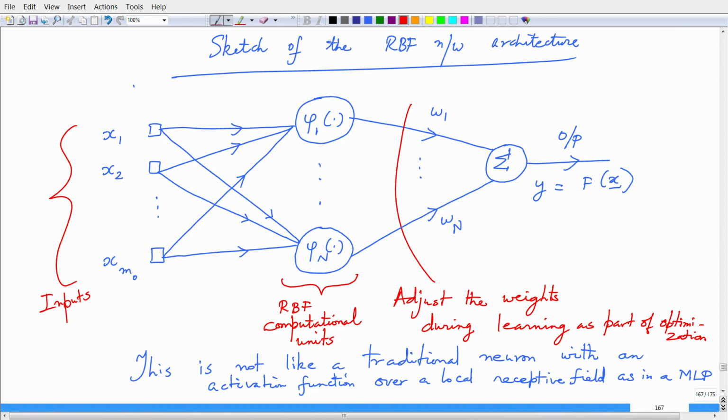So, this is a basic sketch of the RBF architecture, and if you are savvy you will see that the key thing in the learning process is learning these weights, and these weights are learned as part of the optimization procedure, because we know what we get at the output of the RBF network and we know what the desired response is. Based upon an objective function we can optimize these weights, and we saw sometime earlier that we can get these optimal weights using the inverse of this phi matrix times the desired vector. We will invoke the same steps here.